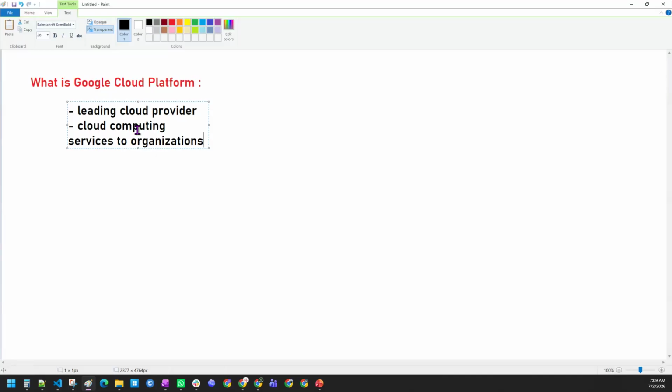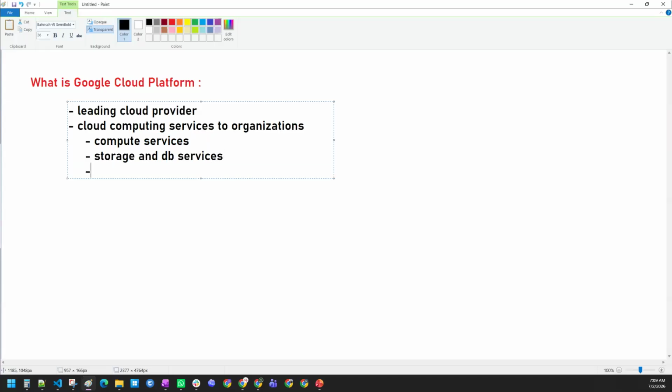Sir, what are those services, sir? Can you tell me? If you ask me, sir, it provides you compute services. It provides you storage and database services. It provides you machine learning ML services.